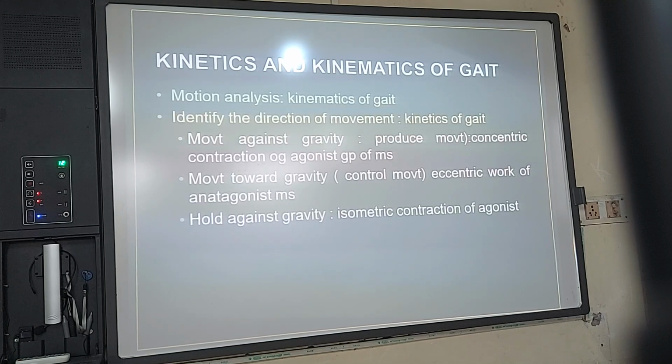Now if we talk about the ankle, what movement is happening at the ankle? What was the movement at the ankle? 15 degree of plantar flexion. Plantar flexion. Now see the ground reaction force. The ground reaction force is moving behind the joint axis. There is an extension movement taking place. What will happen?